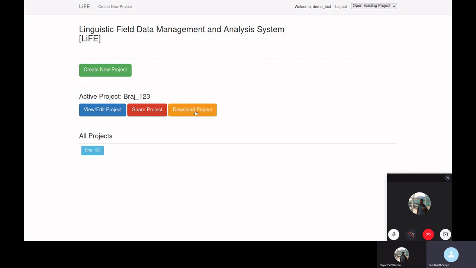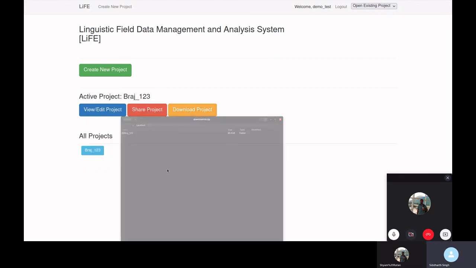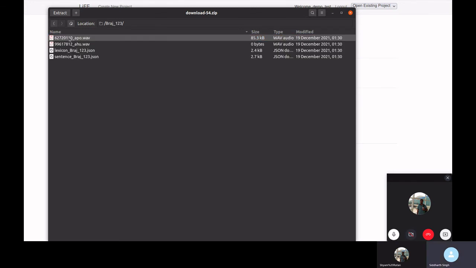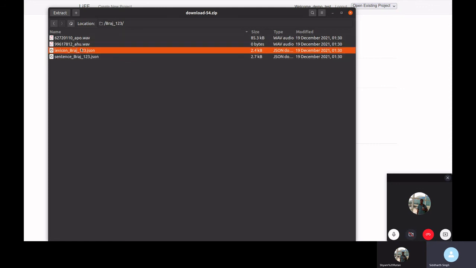And here the download project button will download the project with each and every detail which you have entered. When you click it, it will download a folder with the name of the project, containing a JSON of the sentences you have entered, the lexicon, and the files related to these entries.